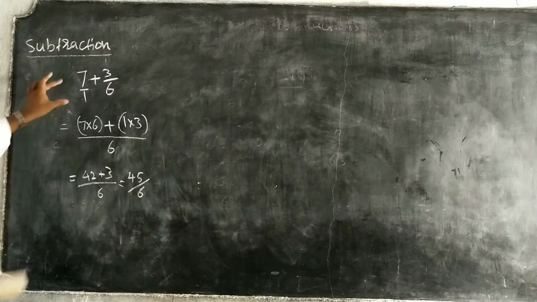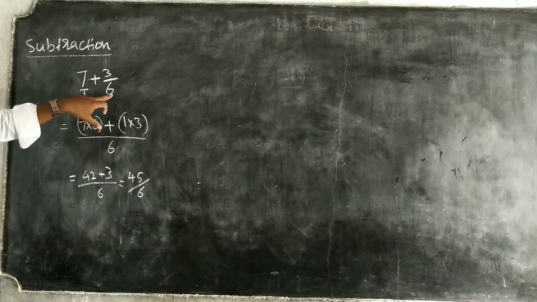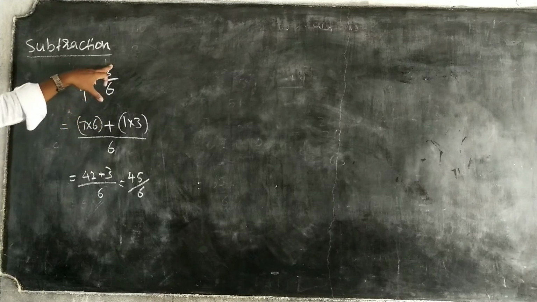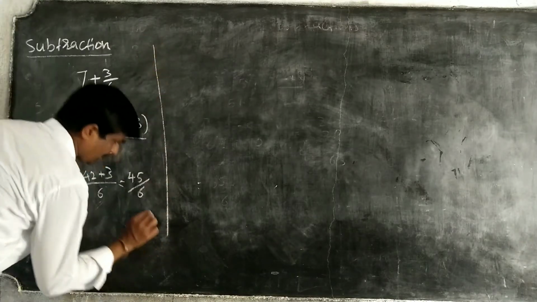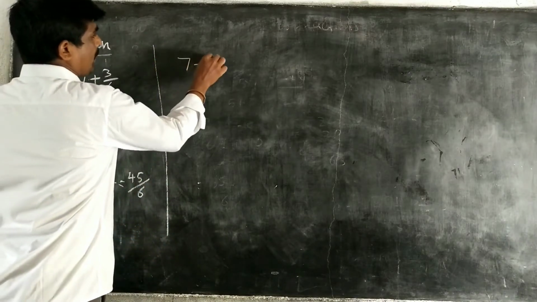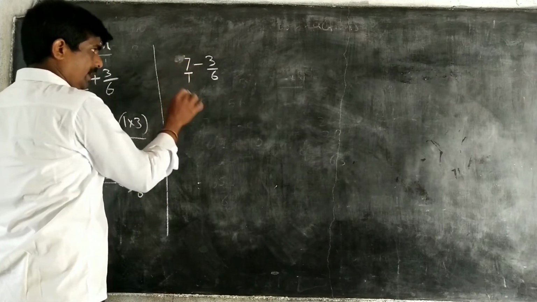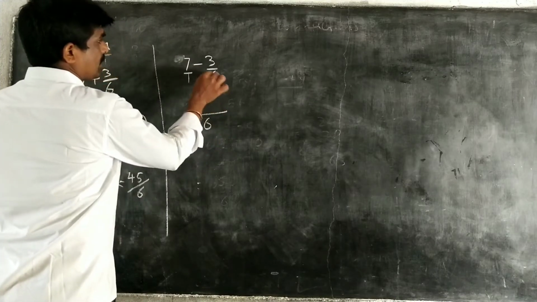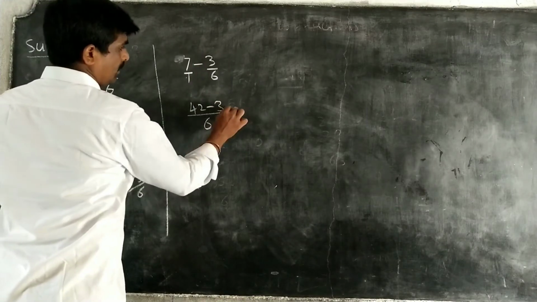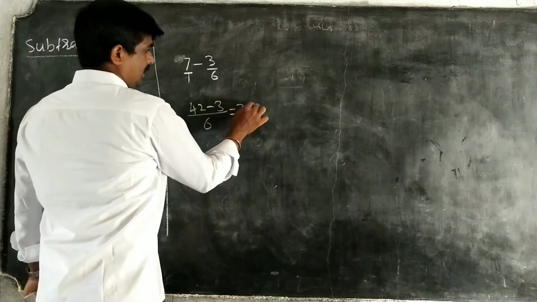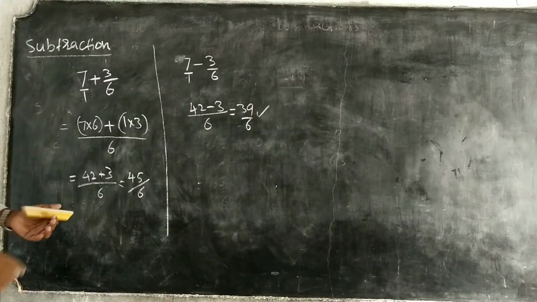Okay. Whenever you have an integer, either this side or this side, no problem. First you have to do this denominator into this, 1 into 3. Then you have to do as it is, following the method. If you have minus, how do we follow? Same. Take 7 minus 3 by 6. So I write 7 by 1. 7 sixes are 42 minus 3 ones are 3. That is equal to 42 minus 3, 39 by 6. Okay, this is integers.